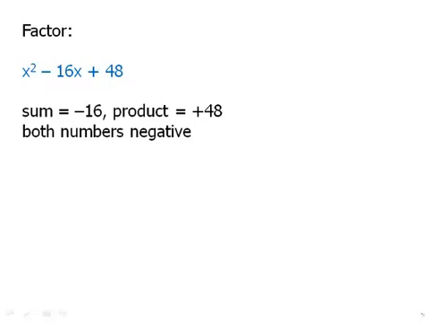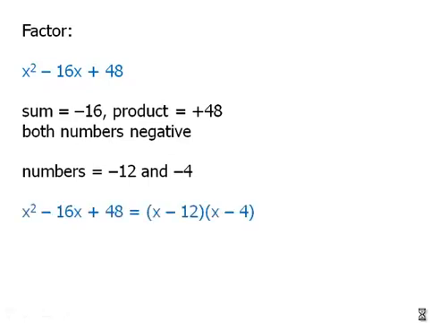Well, certainly 6 times 8. 6 times 8 has a sum of, 6 and 8 have a sum of 14. That doesn't work. We could do 4 times 12. 4 times 12 is a sum of 16. So negative 4 times negative 12 would be positive 48, but negative 4 plus negative 12 would have a sum of negative 16. These are the two numbers that we need, so we can factor this into x minus 12